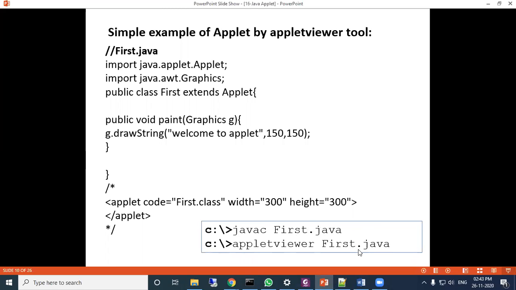So HTML tag. Here appletviewer creates a browser-like screen where you can see the output of this program for testing purposes. But in real life, that will be executed in any internet browser, that may be Internet Explorer or whatever. But nowadays, because this is blocked, we need to unblock these things in the browser for testing our applet. We will test this applet using appletviewer filename. So appletviewer is provided by the Java compiler.